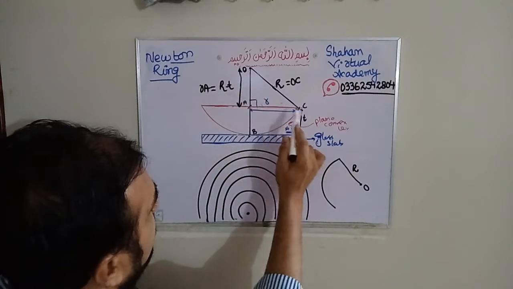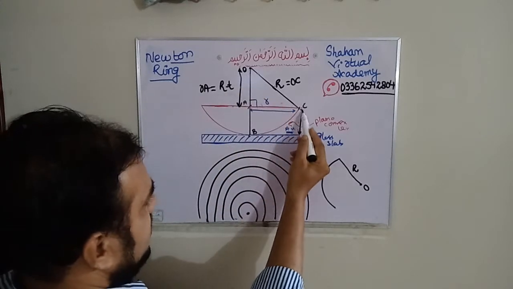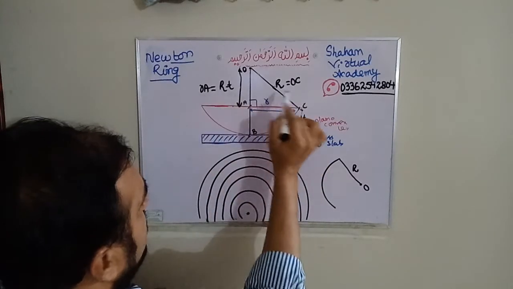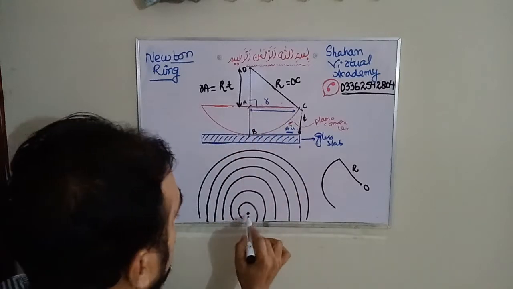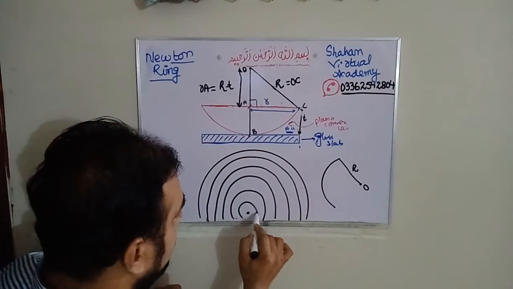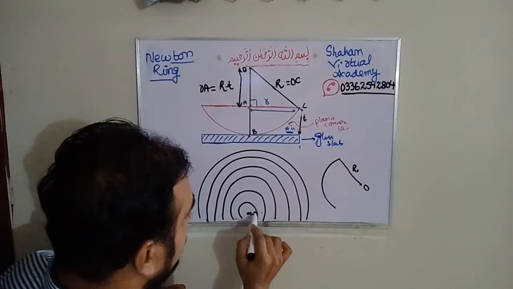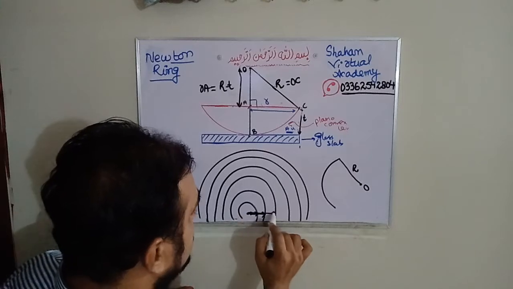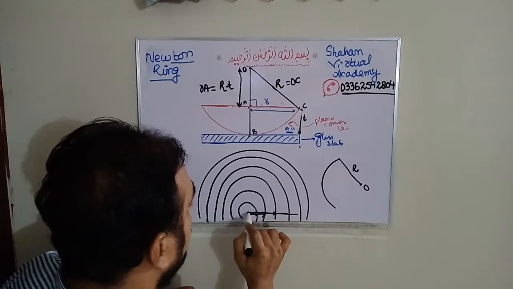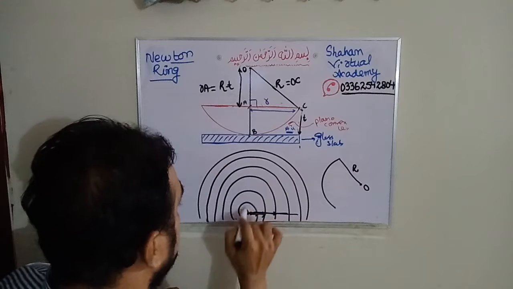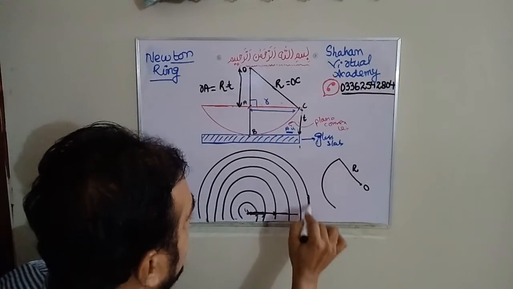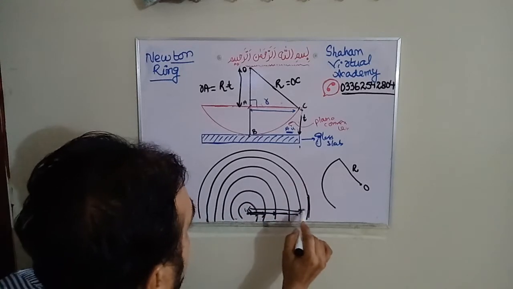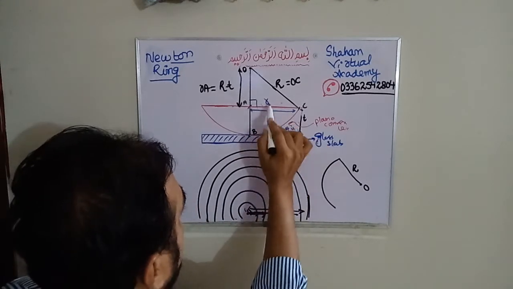But when we eliminate the thickness of the plano convex lens, T, it becomes R minus T, which is OA. So what is this? This is the radius of the ring. Suppose this is the dark ring and this is the white ring. The radius of the dark ring is from this point to this position. From the center to this end of the lens is the radius R, the same distance on this lens. So this is the radius of the ring.